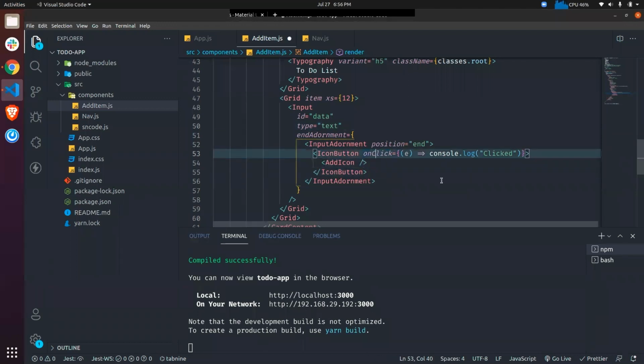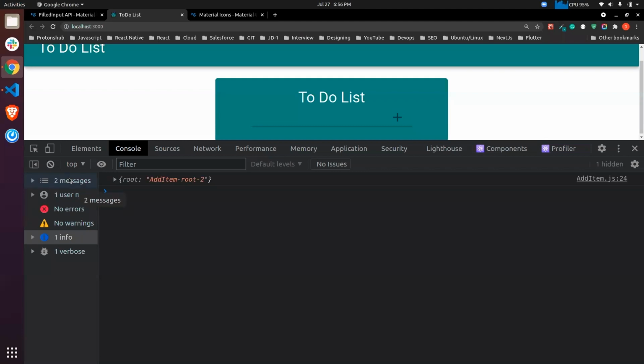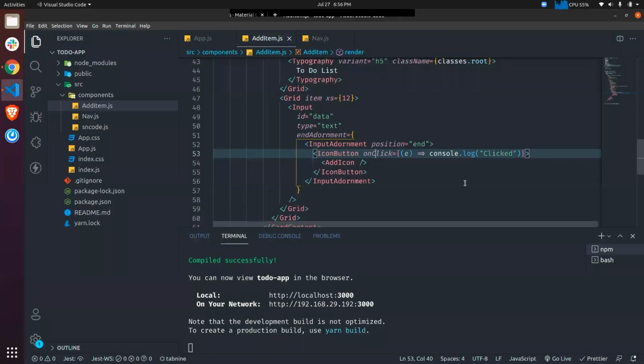Okay, I've done a silly mistake, sorry. So if I click, I'm getting clicked in the console, right? So it's working fine.